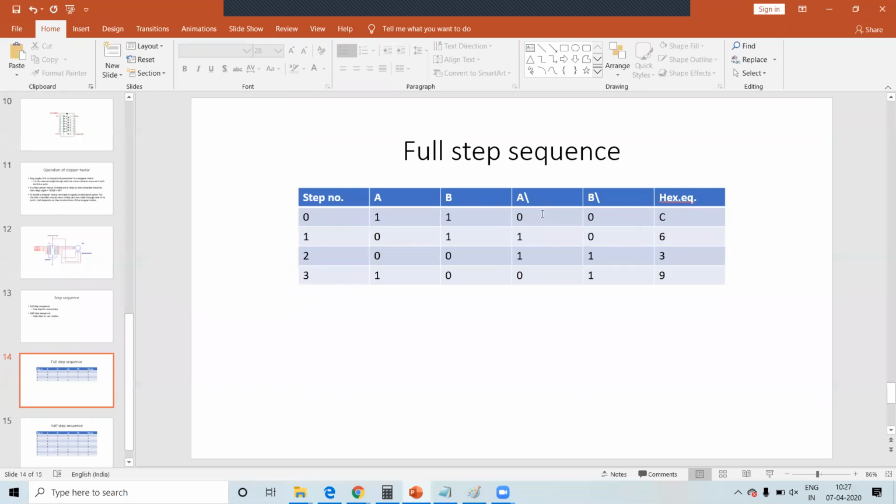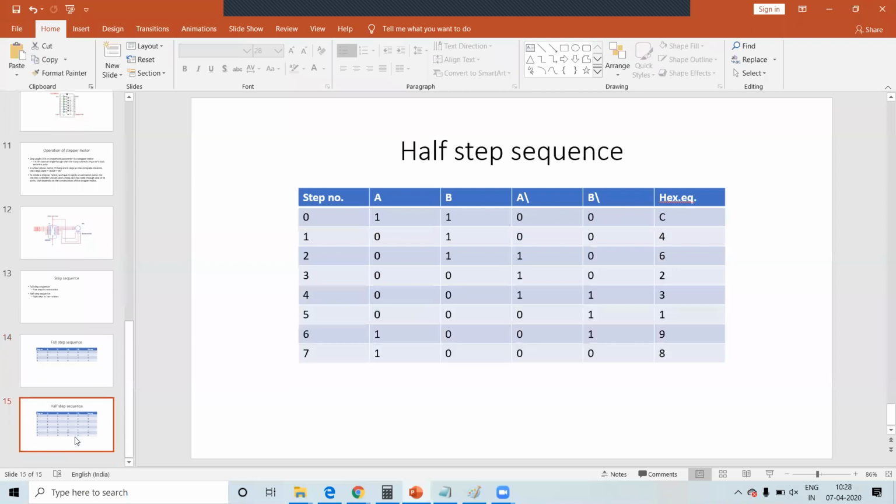copy the value of the accumulator into the ports. Then the port is connected to the driver, and the driver is connected to the shaft. So once it is done, the stepper motor is rotated 90 degrees. Then rotate the value present in the accumulator one bit to the right. Again the same process, again the stepper motor rotates, and this continues. So this can be written in an infinite loop so that the stepper motor keeps on rotating. So this is in concern with the full step sequence.